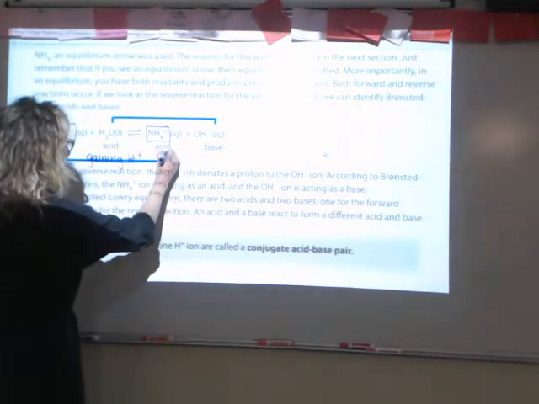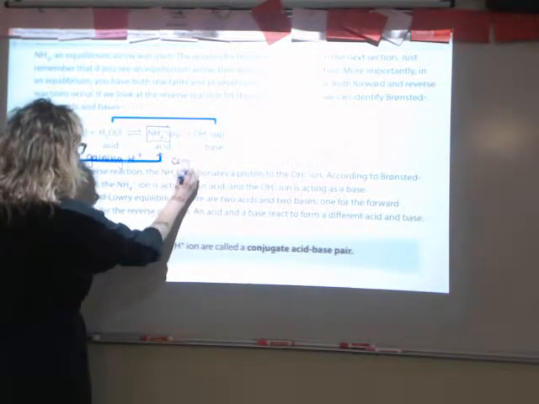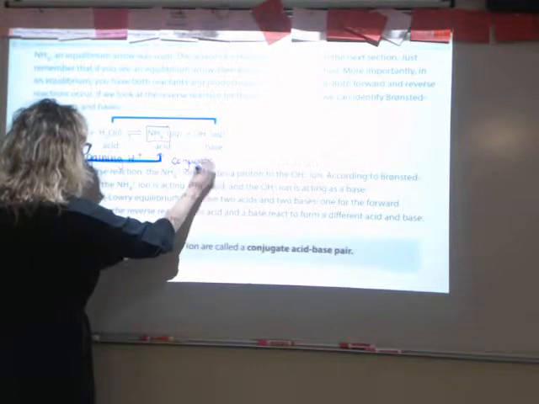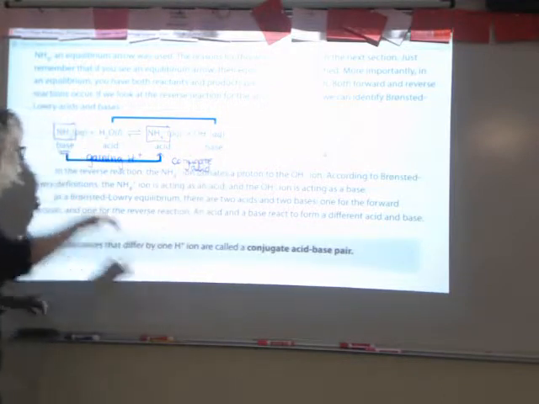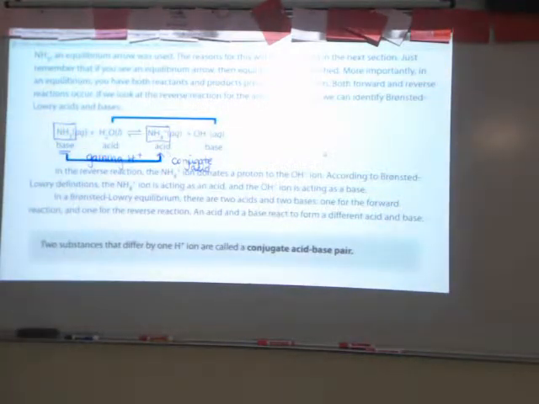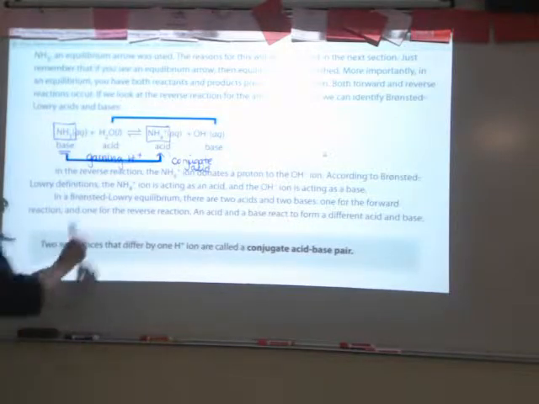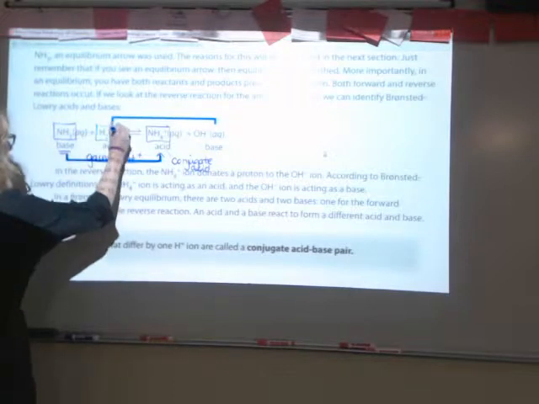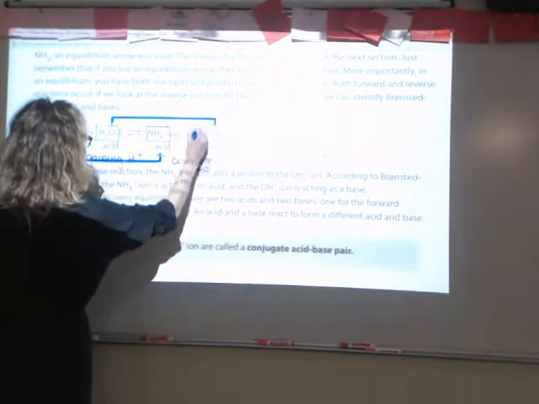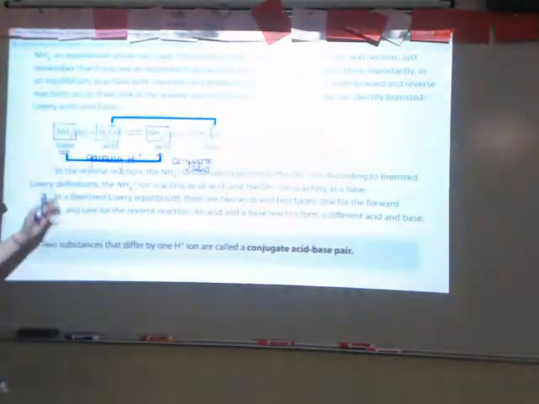Oftentimes, you will see them refer to this as the conjugate acid. It just depends on the textbook, the teacher, the online resource you're using, but that's generally what you will see, okay? If I partner up H2O with OH negative 1 on the product side, as I read this from